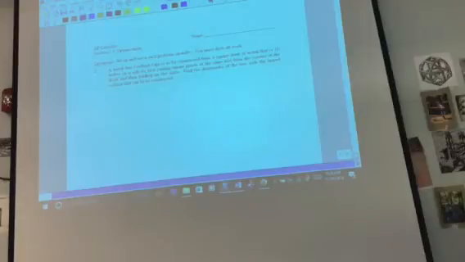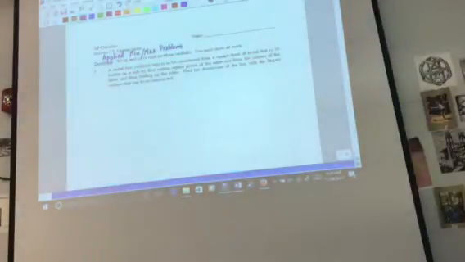All right, this section is called optimization. You'll also hear them referred to as applied min-max problems. So we're going to look at some application problems involving optimization, finding maxima or minima. We're going to start with a very simple example. It says a metal box without top is to be constructed from a square sheet of metal that is 10 inches